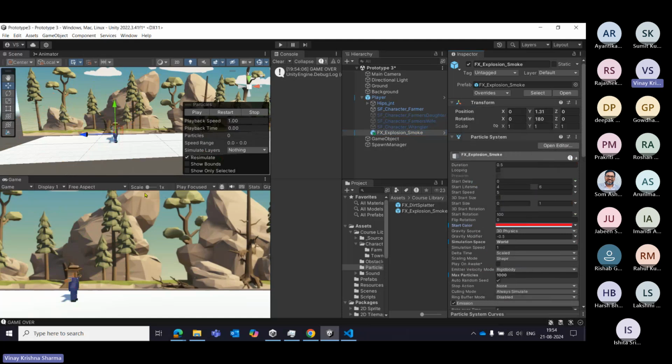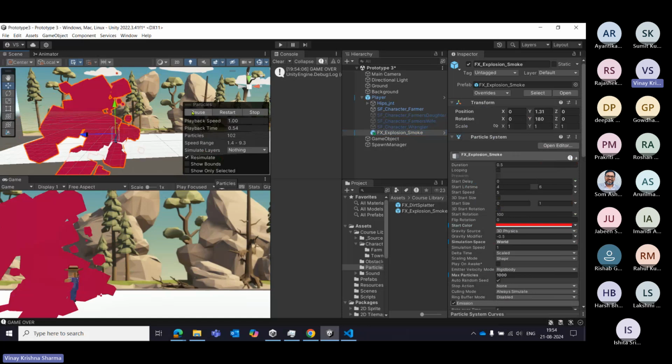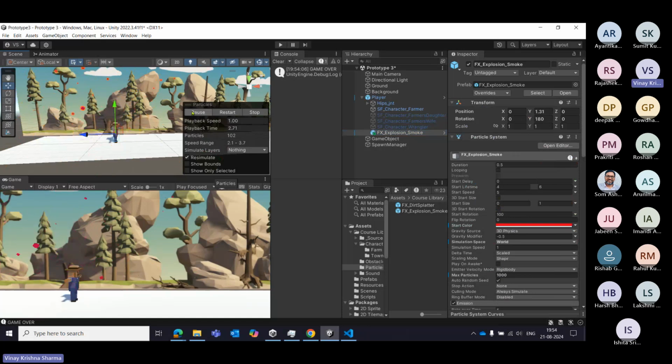So now it is of red color. If I click on play, now it is red. It is looking really painful. That is fine. And yeah, cool. This is done. So the next thing I want is for my player